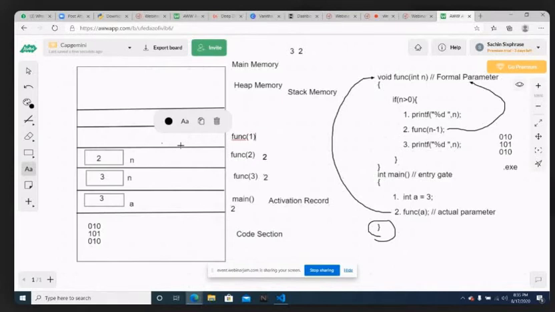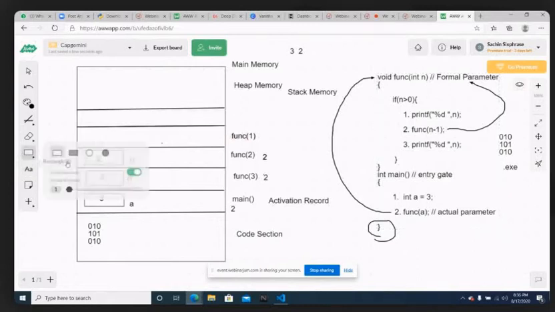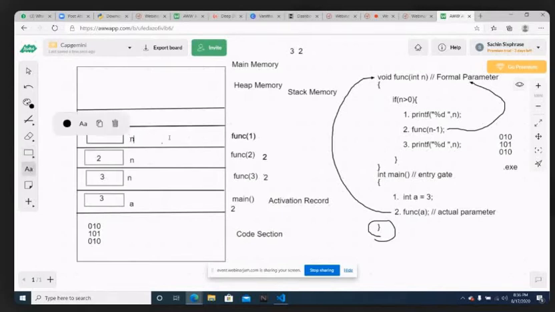So func of 1. Coming again to the first line, for variable n a new memory block will be created, and the name of the memory block is n. What is the value that you are passing? 2 minus 1, so 1 is the value. So instead of n, we will be taking value 1. Again, start from the first line. What is the value of n? 1. 1 is definitely greater than 0, so the condition is evaluated to true. I enter inside. There is a printf of n. What is the present value of n? 1. So the next value printed will be 1. So 3, 2, 1.